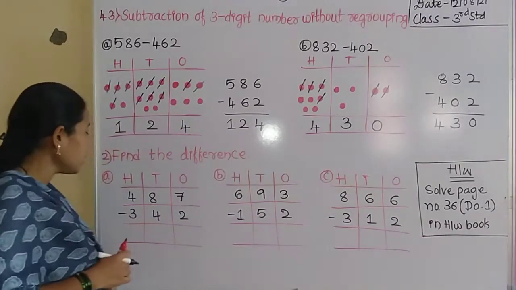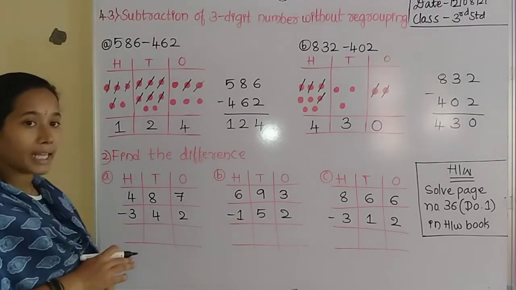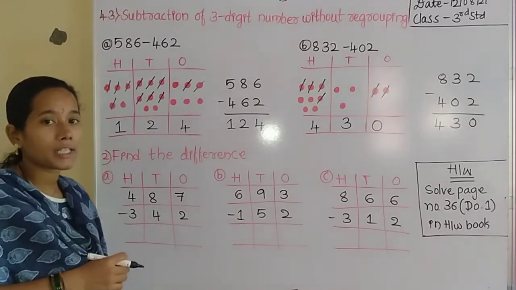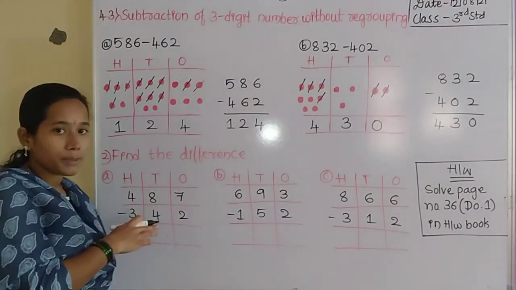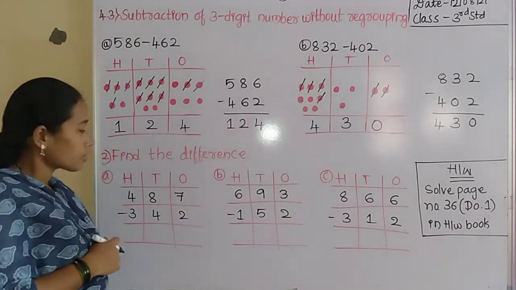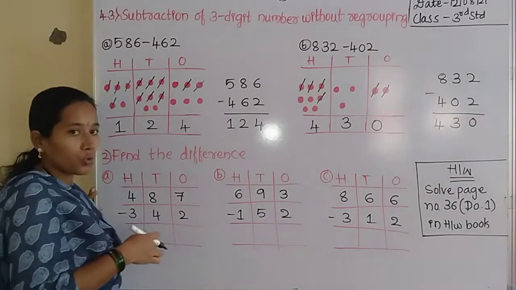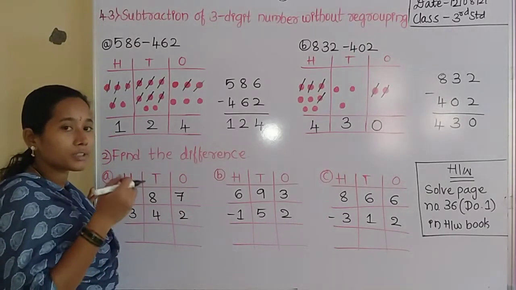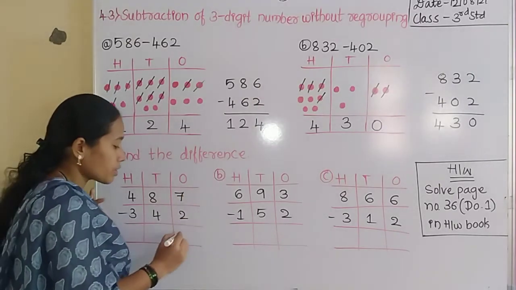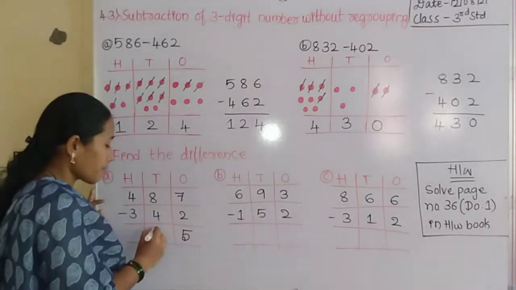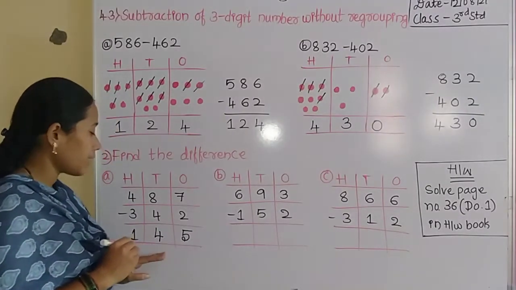Okay. Then the next one, second one: find the difference. So we have to find the difference here directly. Don't represent with respect to position. See, they already gave the minuend and the subtrahend in positions or placements. So first we start with the ones position. 7 minus 2. Don't add here. We have to cancel or subtract the numbers. Cancel 2 in the 7. 7 minus 2 is equal to, very good, 5. 8 minus 4 is equal to 4. 4 minus 3 is equal to 1. And the answer is 145.